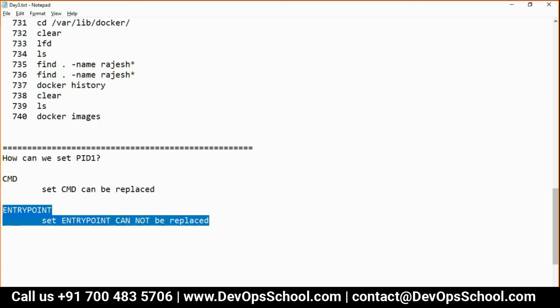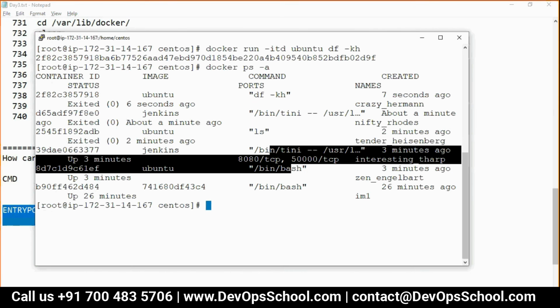Rajesh, what did it show you if you typed df -kh? What work did you do with that? It doesn't display any output. You typed df -kh, but it didn't list, right? It won't list, because of this command, detach mode.